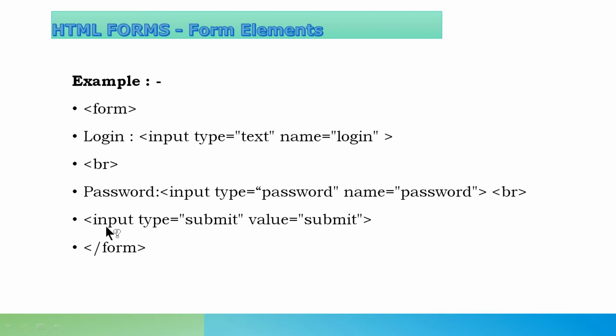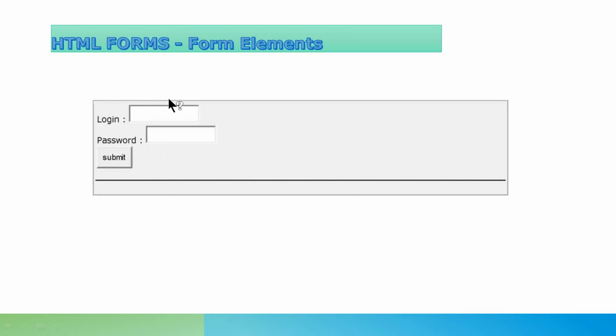Next again we have the input tag with the type attribute. This will take the value submit. When the submit value is taken, in that case a submit button will be generated. When the submit button is clicked, the form's data is submitted to the backend application, and the value will be submit itself. This we are going to study in the next slide, and later the closing of the form is done. Later we have the snapshot of this one. We can see login, password, and then the submit button.